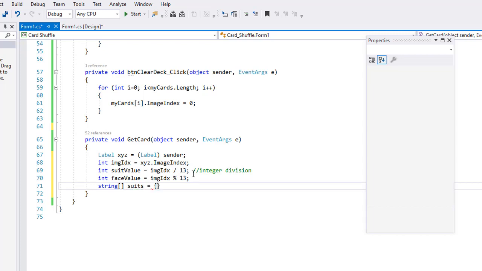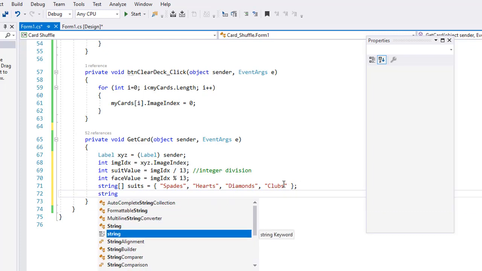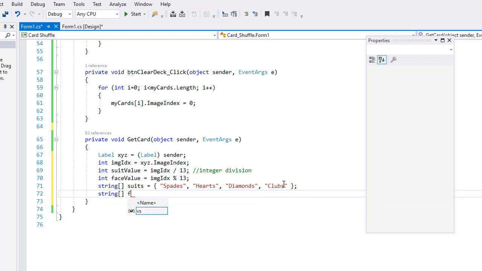Equals, and we'll put in some values here for our suits. So these are strings, each one enclosed in quotes: spades, hearts, diamonds, and clubs. Need a semicolon at the end of that line, and we're going to do the same thing for our face values. So string, we're going to just call it face as our array, and it's going to equal